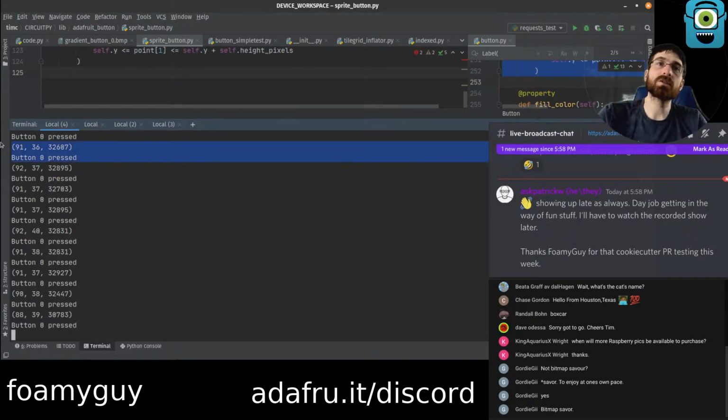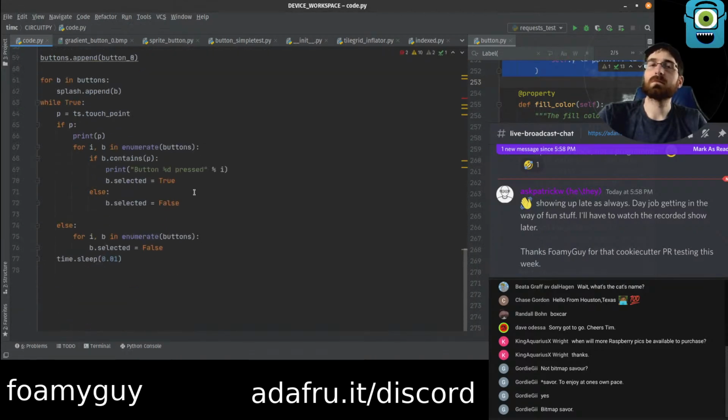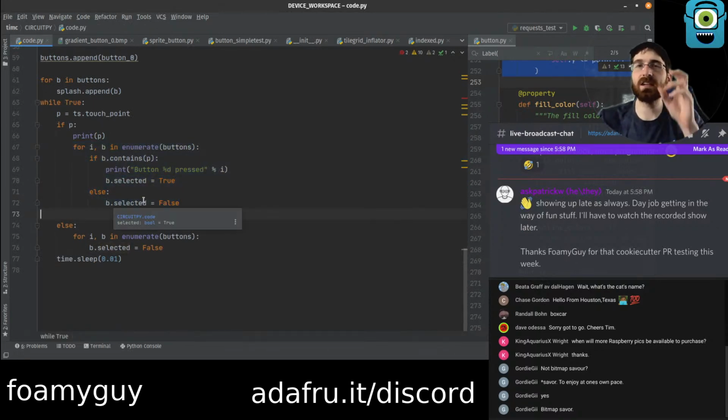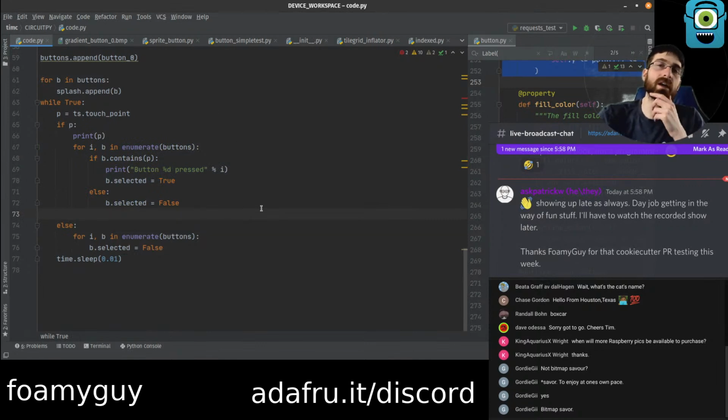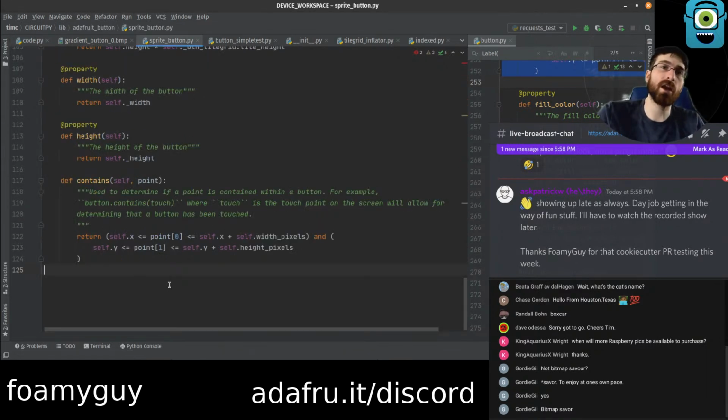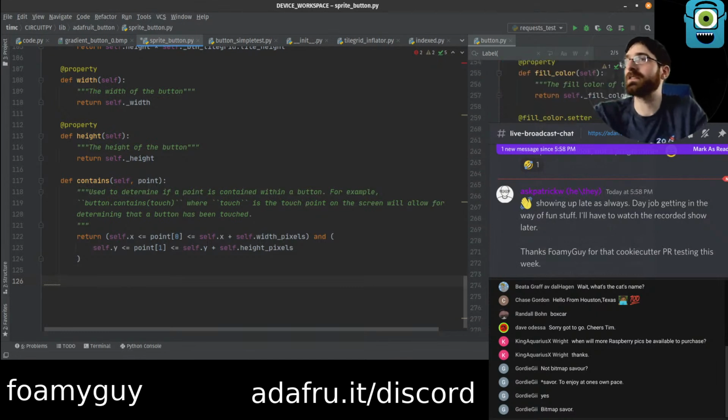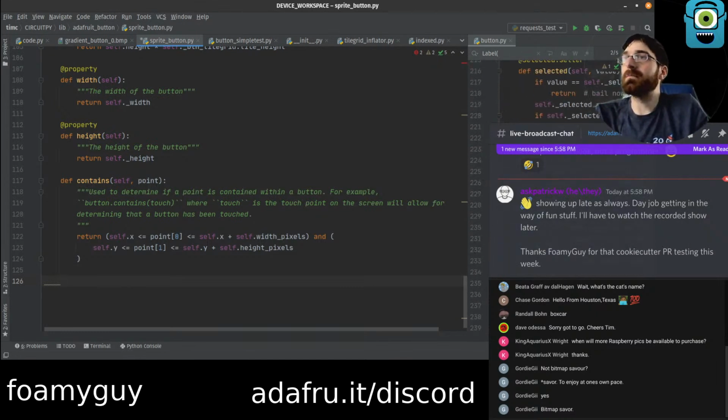And it even knows it got pressed. Interesting. Oh, I see. It's making a variable called selected on the object and setting it to true, false. It's not having any effect because we haven't actually coded it yet, but it doesn't cause it to crash because it doesn't care that it doesn't exist. It just creates it. We will make it though.